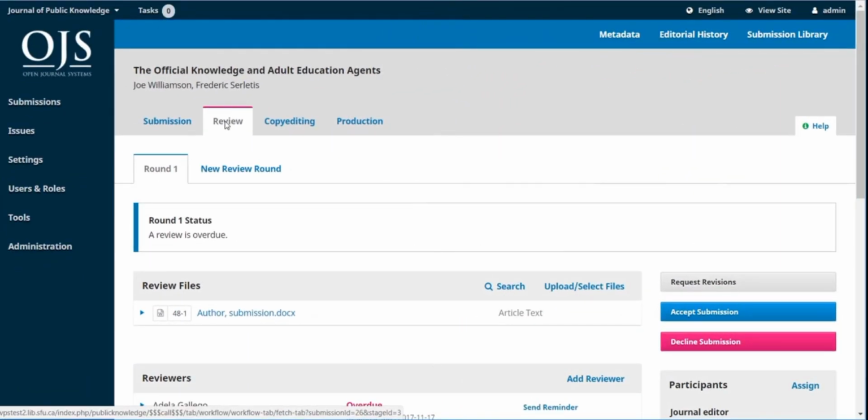The second stage is review. This is where the submission undergoes at least one round of peer review by one or more reviewers. Each reviewer can access a blind version of the submission, reviews the content, and makes a recommendation. The editor reads the reviews and makes a decision, either to 1. Accept as is, which is rare, 2. Accept with revisions, typically once some minor changes have been made by the author,